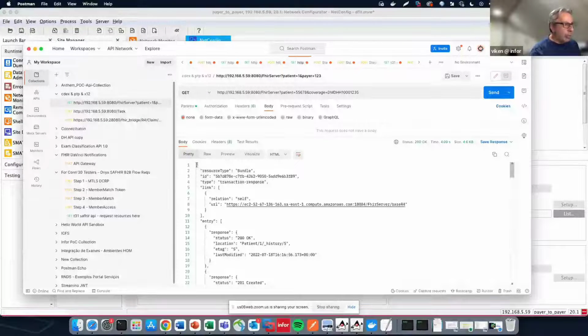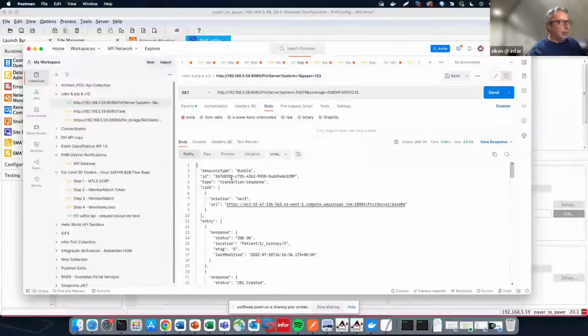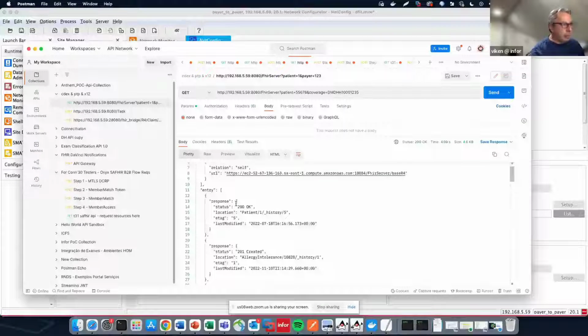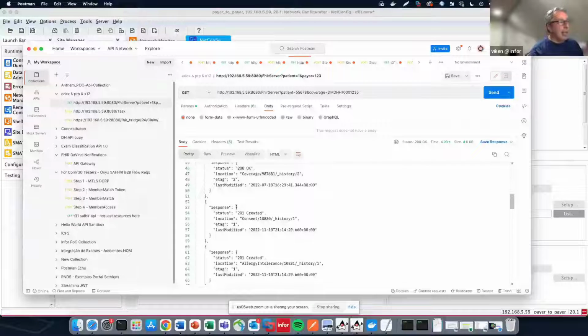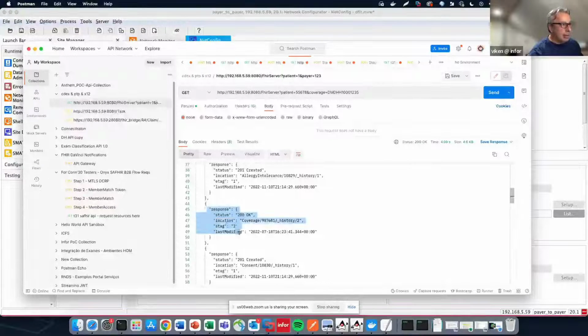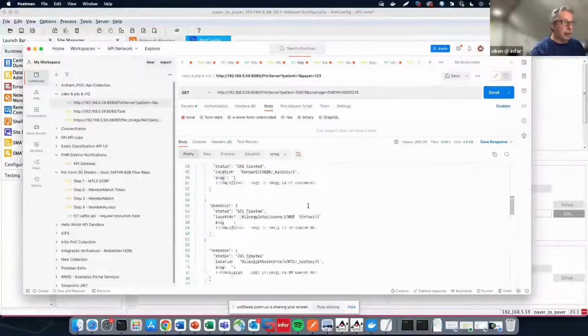So what we're seeing here in the response is the contents of that $everything PDex action that we were talking about. This of course contains multiple resources, right? And each one of these sections here is the response of the posting of each of these FHIR resources into the new FHIR server.